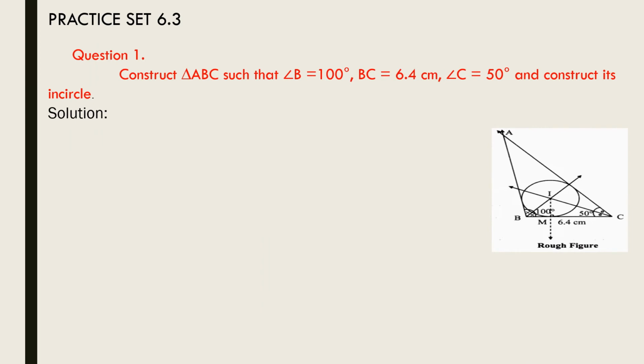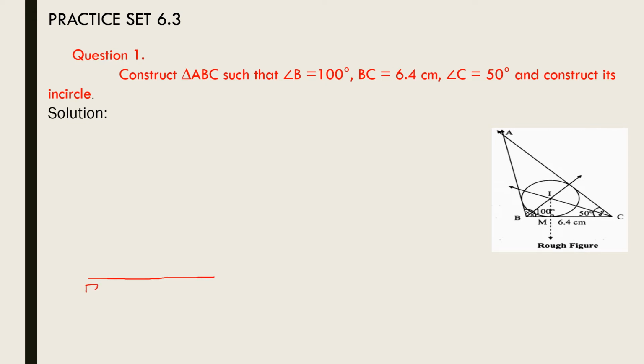Yes, children, let's move on to practice set 6.3. Question number 1. Construct triangle ABC such that angle B is equal to 100 degree and BC is equal to 6.4 centimeter and angle C is equal to 50 degree, and construct its incircle. First you have to draw the rough figure, and after you have to construct the triangle ABC. According to the rough figure, first you have to draw the base BC of length 6.4 centimeter,